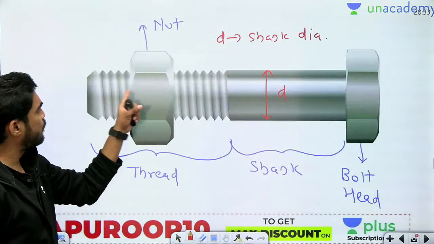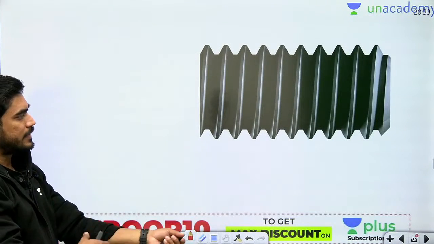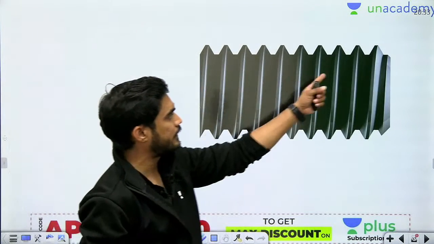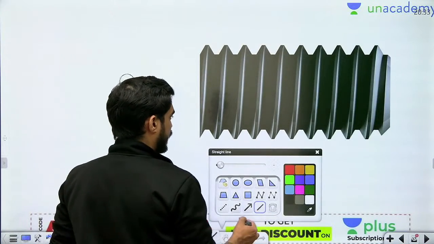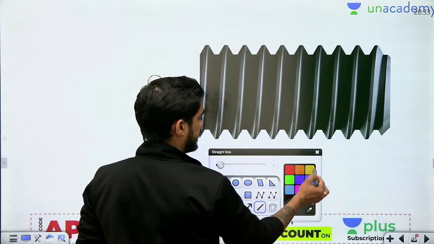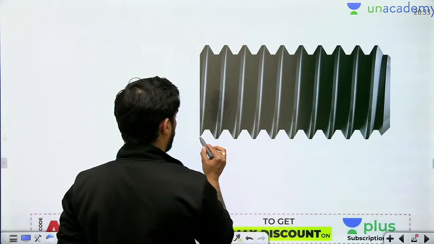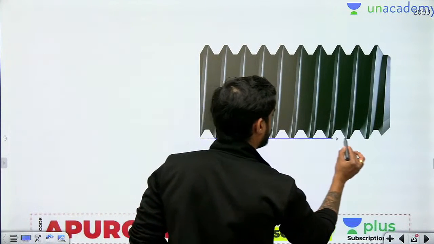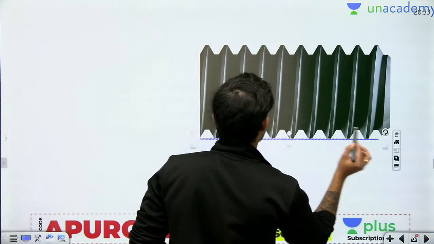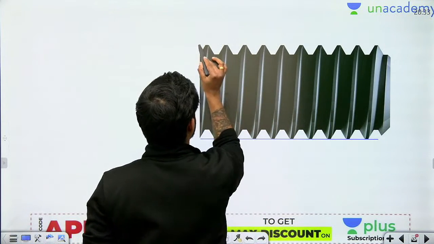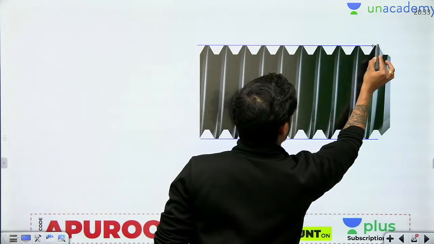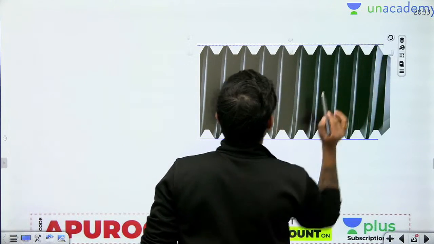Now in the threaded portion there will be 2 diameters. Threaded portion को देखो बेटा, this is the threaded portion. Okay, so it will have 2 diameter. Okay, कैसे 2 diameter? Let's understand that. 2 diameter कैसे होंगे ये समझ लेते हैं. If you see this outer part,